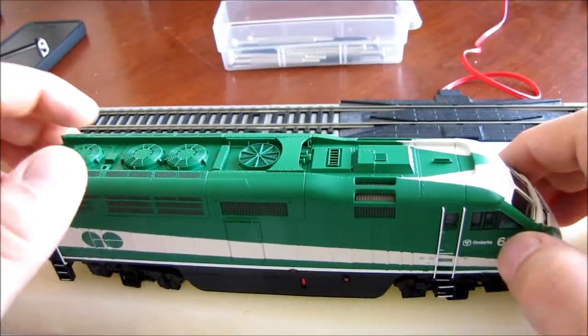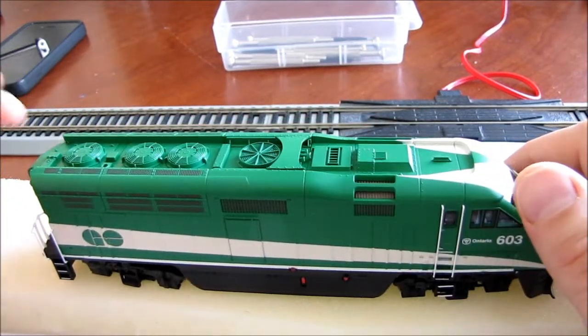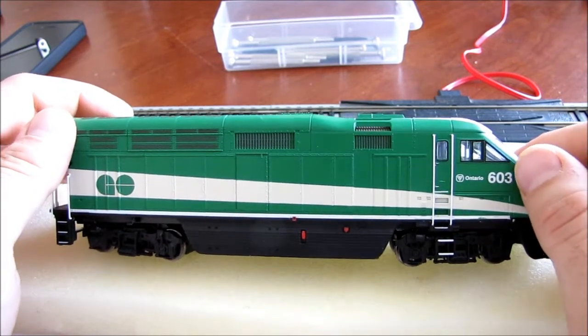Okay, just had to do some camera changes on the settings. It was constantly focusing in and out. Sorry about that. So, what I was saying is,